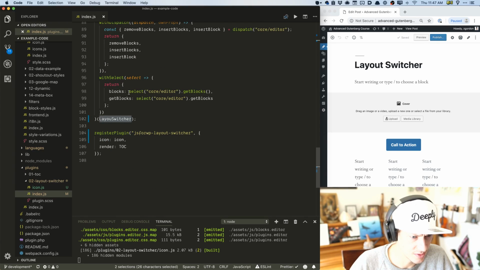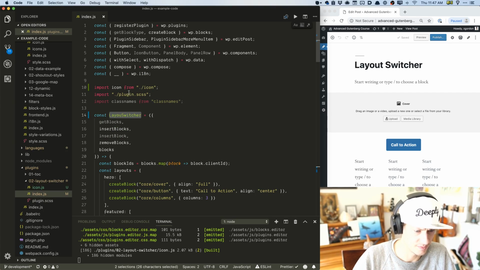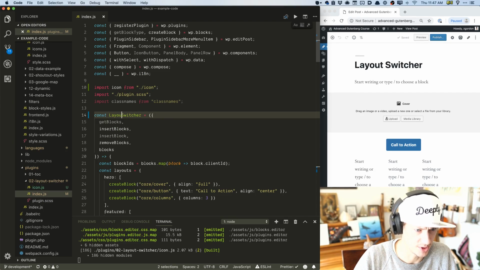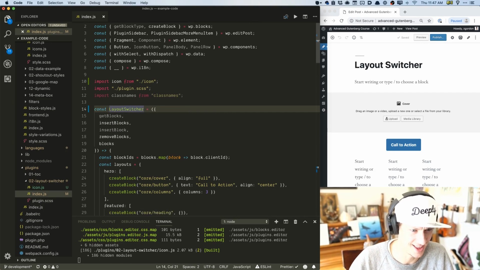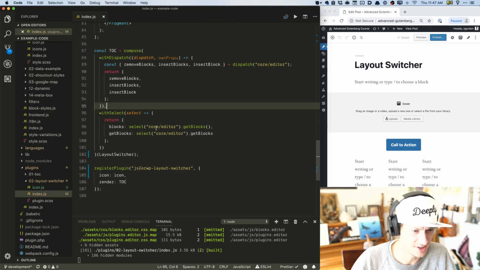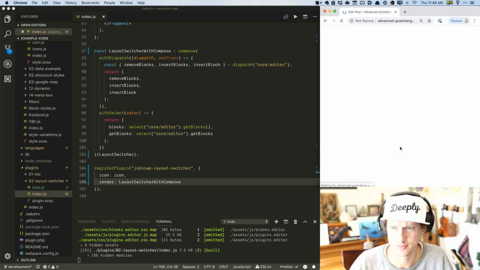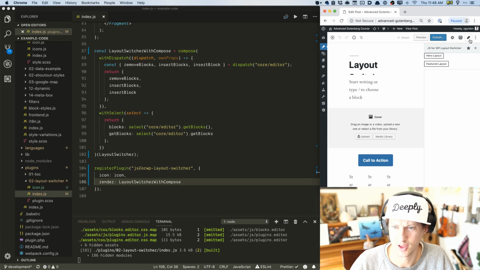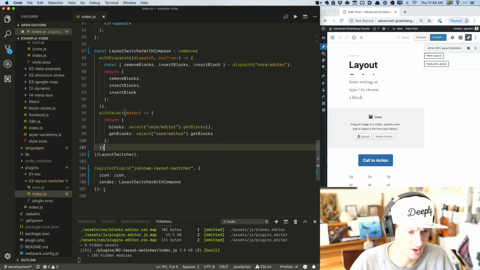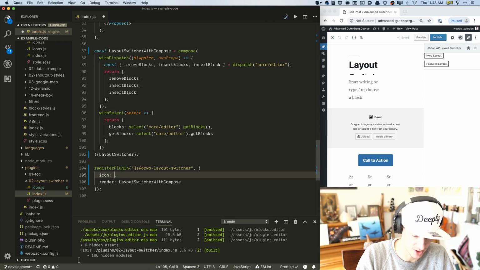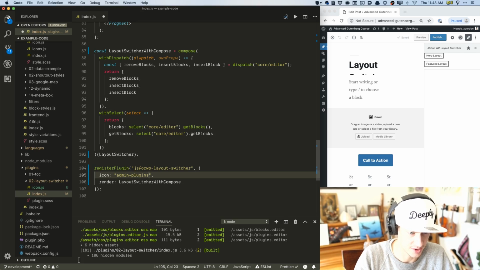Oh, well, I don't think this is the problem, but this isn't named correctly. So layout switcher, but it's giving us all the code that we want. And I'm going to call this with compose just for the moment so that we give it that name. What the heck, y'all? Okay, so what if I change icon to be something like admin plugins, which I know,